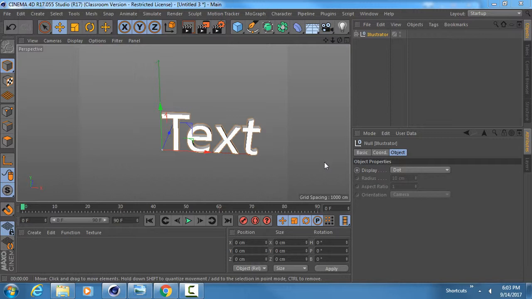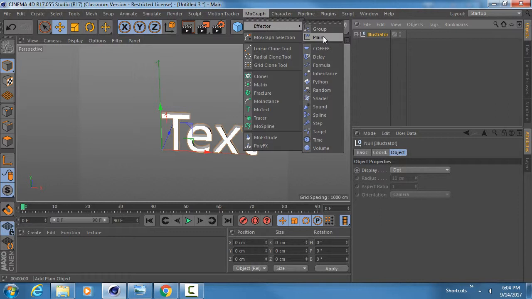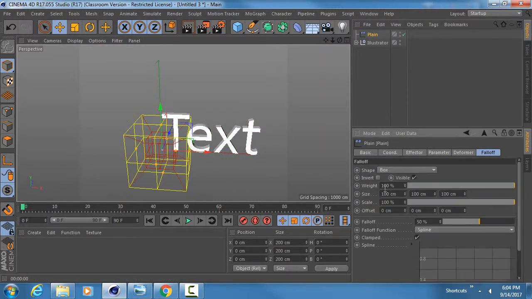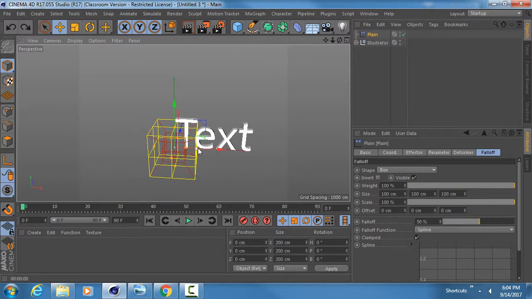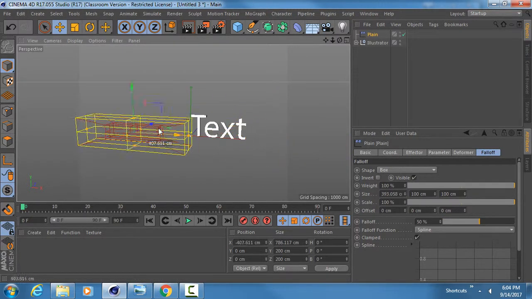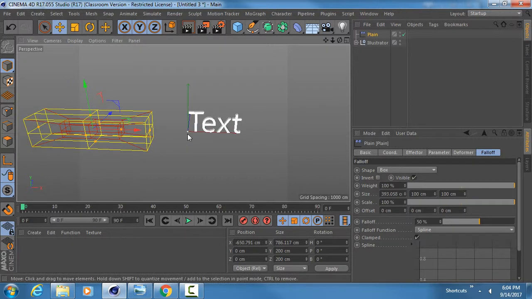But I had another question just regarding what we went over in Part 2 with using the plane effector, how we combine that with the MoText object. For anyone who's using the Illustrator route where they're drawing their graphic or tracing it out with the pen tool and bringing it in and using the extrude object and all that fun jazz, you'll quickly realize if you select that object and you make the plane effector and we give it the box falloff and we make it wider and we move it around, this isn't having any effect on our text. Oh no, what do we do? Because we're doing the Illustrator route,